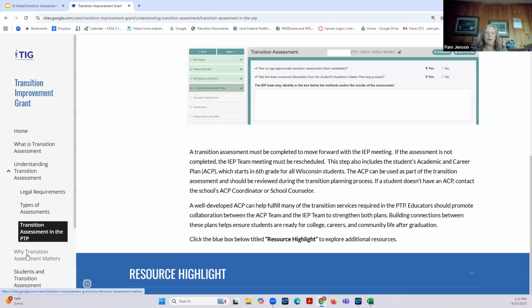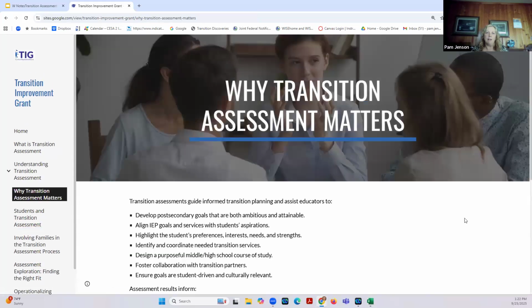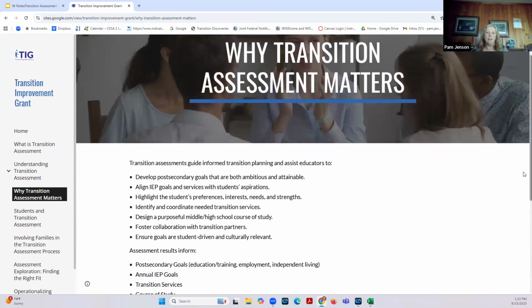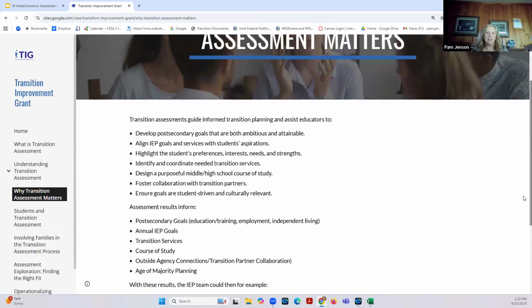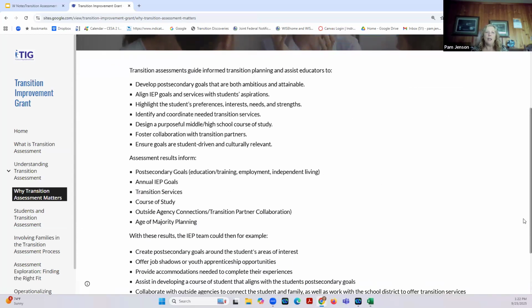Our next tab, if we go back over to the left, is why transition assessment matters. And so, as we've talked about a little bit, transition assessment really guides the transition planning. So it looks at every component of the post-secondary transition plan. It helps to write the education and training, employment, and independent living goals, which in turn then assists in developing